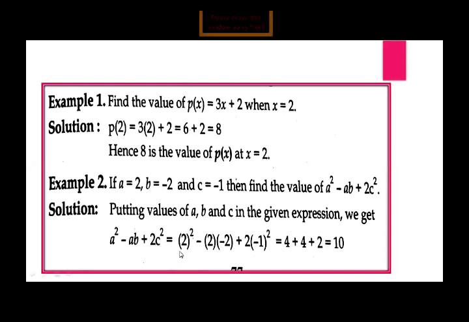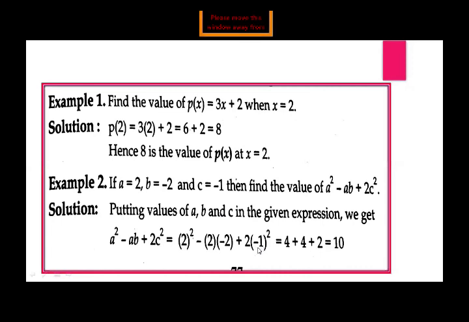Now in the solution we follow BODMAS. First we solve the multiplication step. Here we observe that exponents are given. So exponents means we are going to multiply that 2 by itself 2 times. So we get answer 4. Then minus minus will be plus, and 2 twos are 4. Then plus 2 into minus 1 whole square, again minus 1 will be multiplied 2 times. Minus 1 into minus 1 gives answer plus 1. So from this bracket our answer is plus 1.